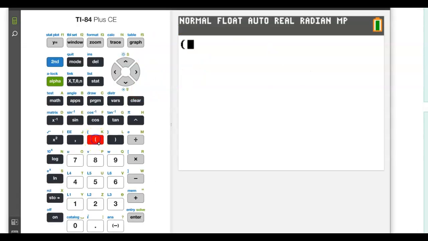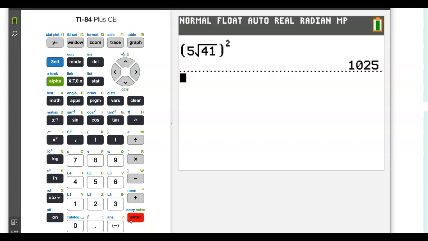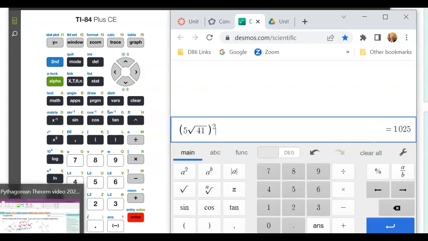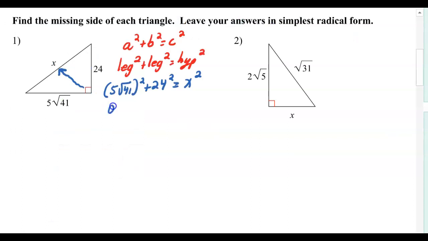First on the TI, parenthesis, 5 square root 41, press the arrow key to get out of the radical. Close the parenthesis and press squared. Hit enter, so 1025. On the Desmos calculator, I'll press parenthesis 5 square root 41. I'll use the arrow key to get out of the radical, close the parenthesis, and press square. And notice I get 1025. So this is 1025